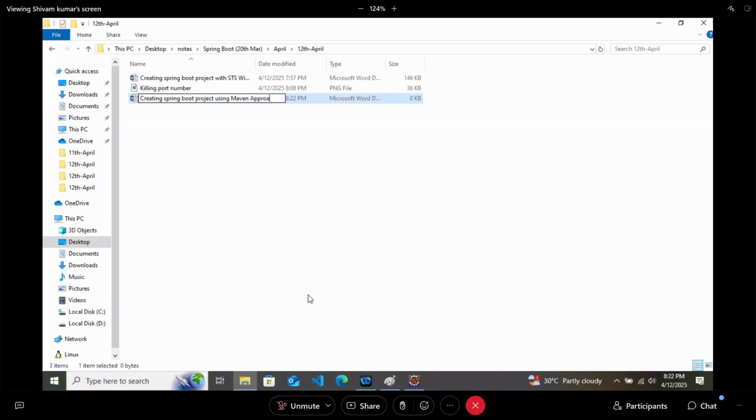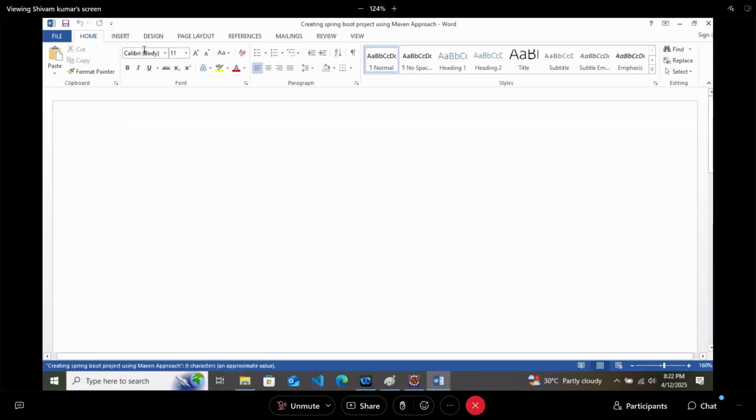Now, this is a type which will teach you the meaning of everything because Maven project does not come with everything. So creating a Spring Boot project using Maven.